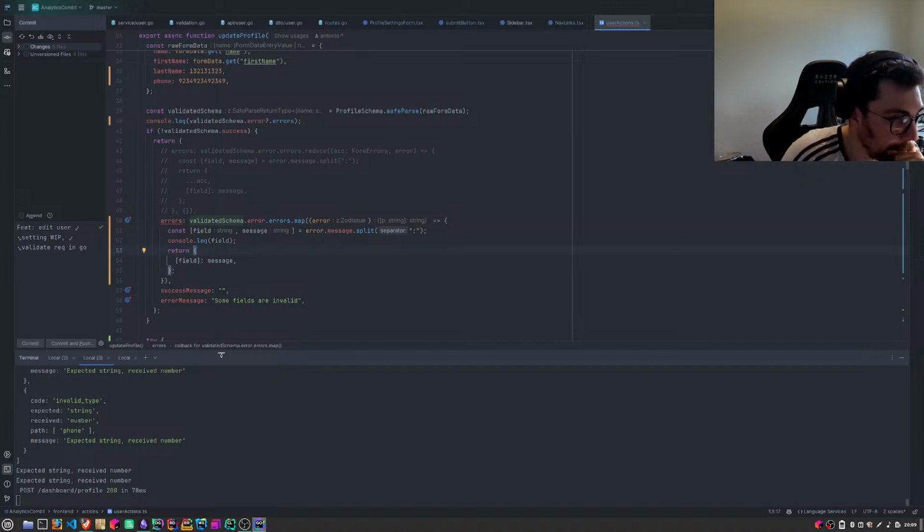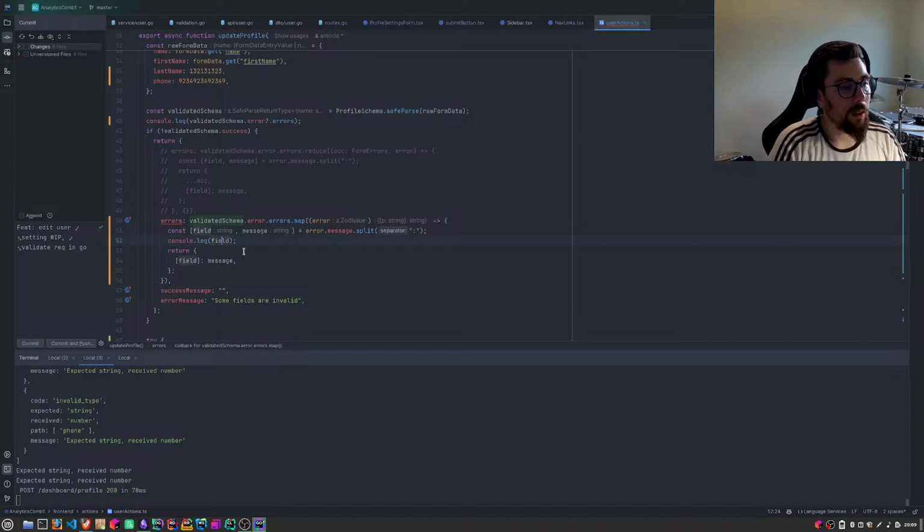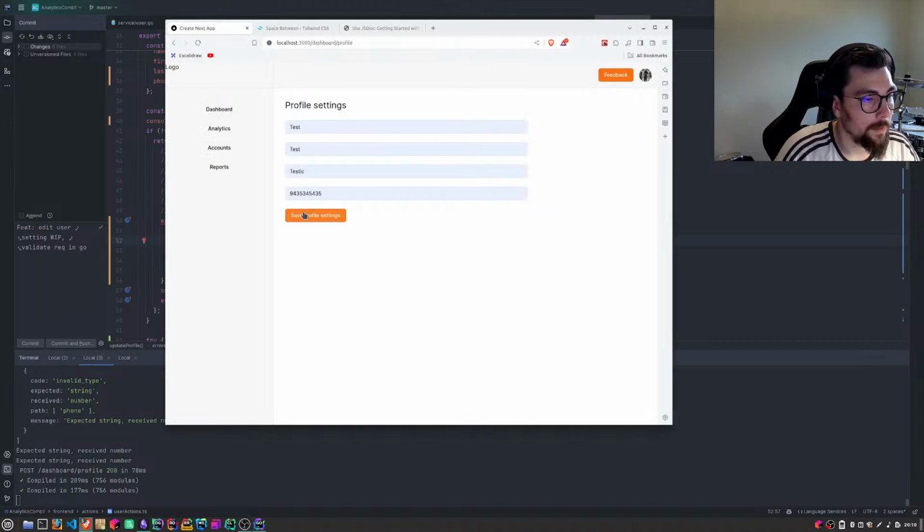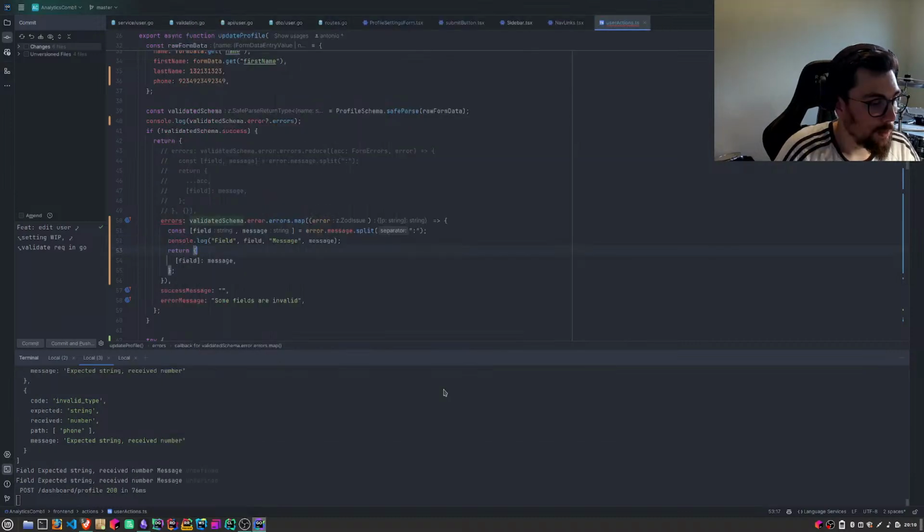Wait, what? How is field an actual message? Message. Let's see. Field. Message undefined. Interesting.